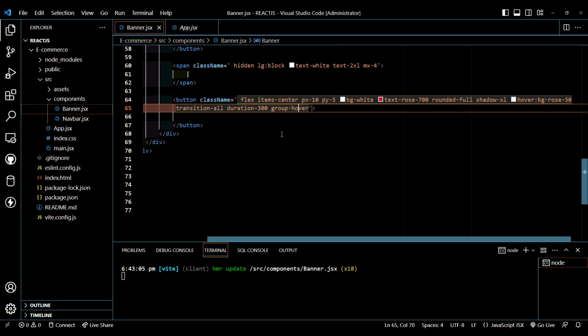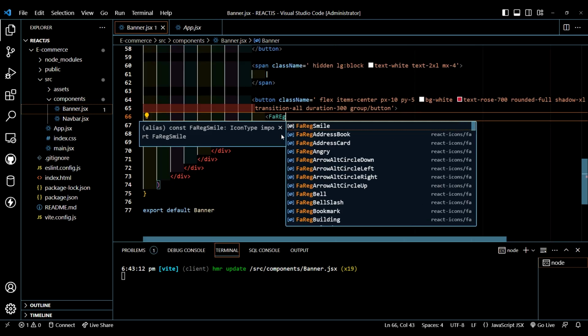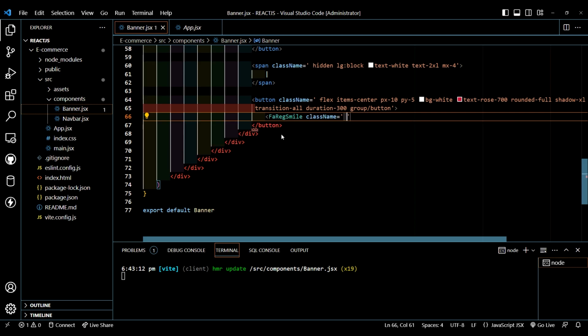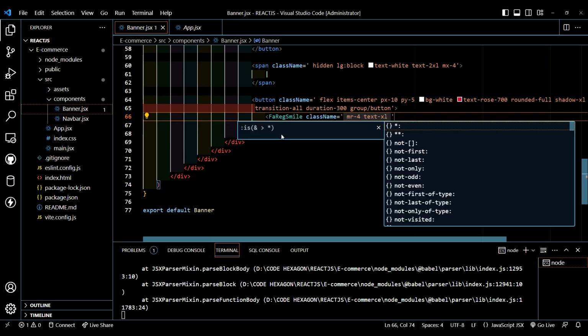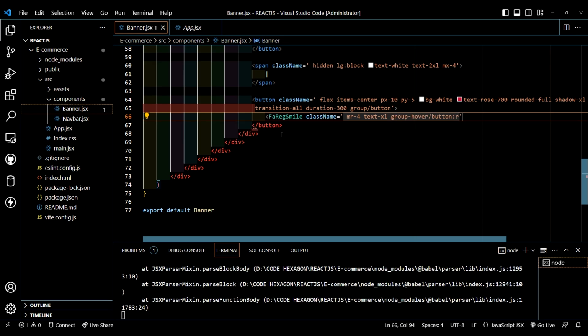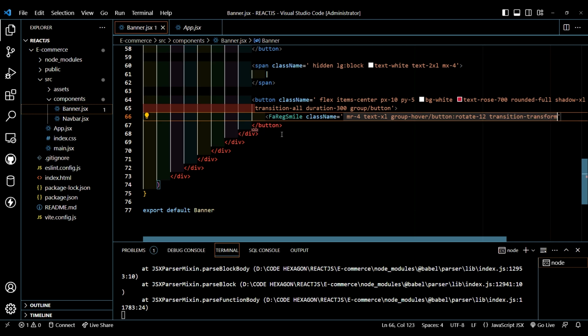Group hover. Group slash button. And let's give a button icon, FA regular smile. Class name MR4. Text XL. Group hover, button, rotate 12. Transition transform. Let's close this icon